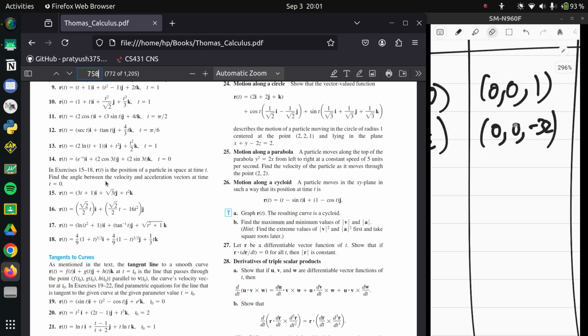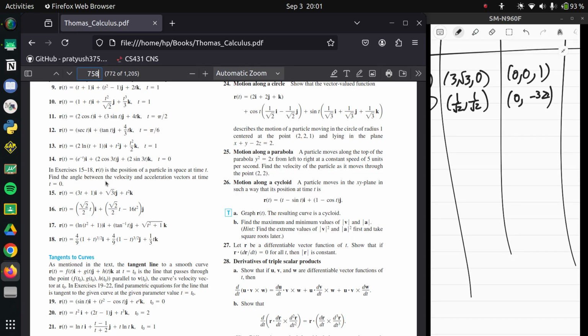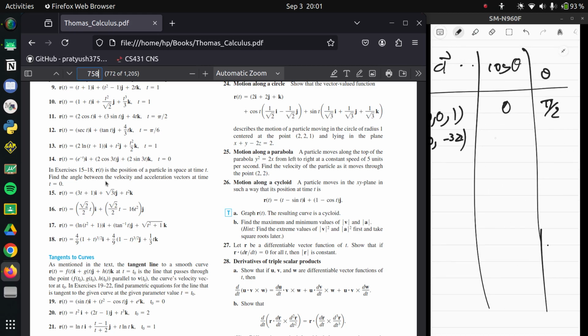Wait, what? Not like this. Okay, this is the better thing, right? So minus 32 over there, angle between that. So it's just 1 1 and then 0 minus 1. This is already a unit vector, so take a dot product, minus 1. Cool. 0. No, wait, it's not 0, it's negative 1 upon square root of 2. So negative 1 upon square root of 2, that's your cosine theta. What does it mean? The angle is obtuse, and it's pi minus pi by 4, which is 3 pi by 4. Sure. Next,